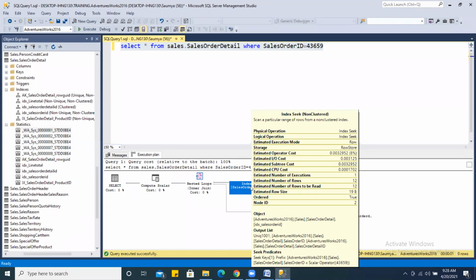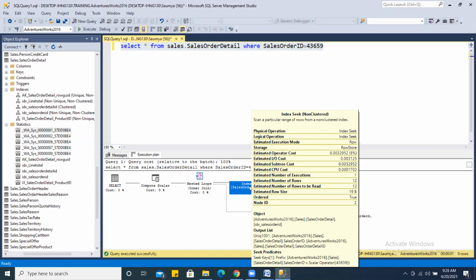So what operation is it performing? It is performing an index seek. And to perform this index seek, it has to read 12 rows. And from where is this estimation coming? This estimation is done by the query optimizer. In the query optimizer, there is a component inside known as the cardinality estimator.